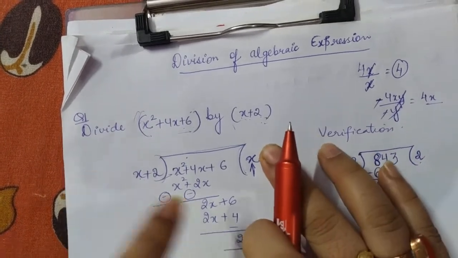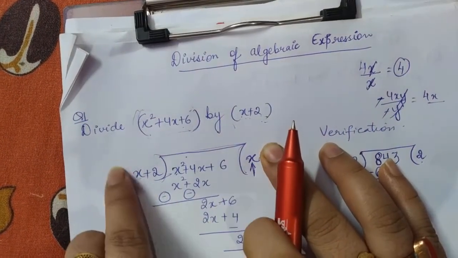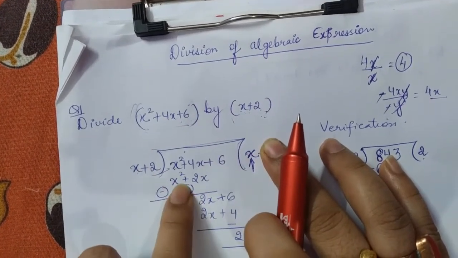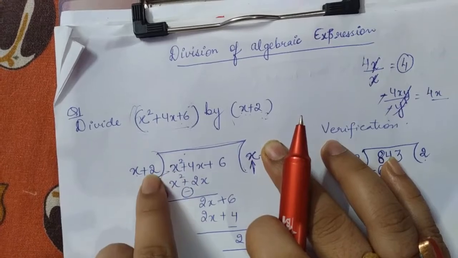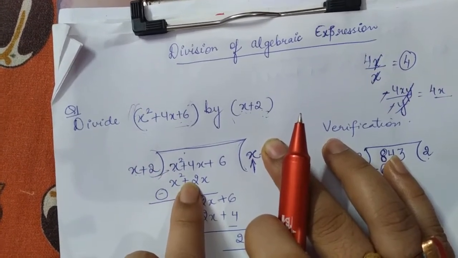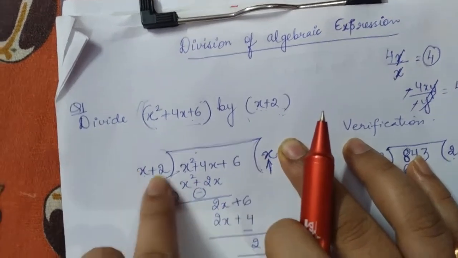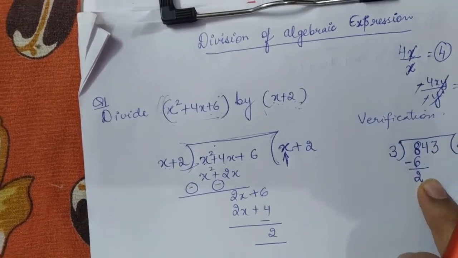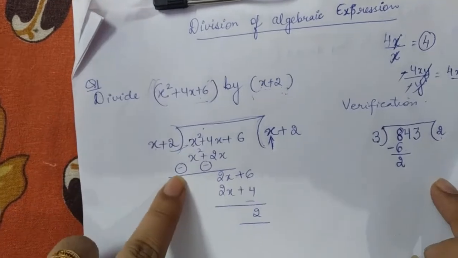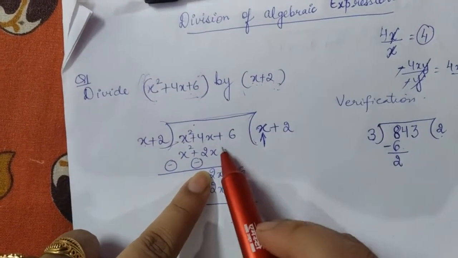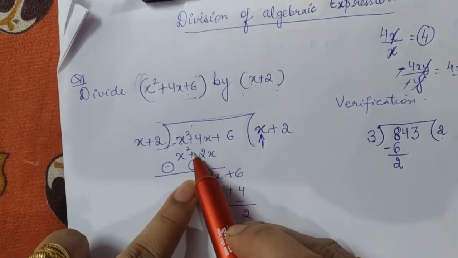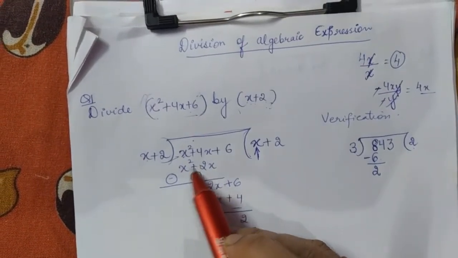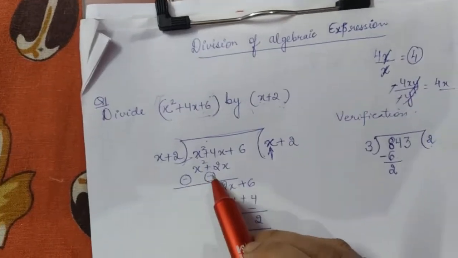So when you got this term x, it obviously has to be multiplied with both of them. x multiplied by x is x square. Then x multiplied by 2 is 2x. Since this was positive and these both were positive, the results are also positive. Now here also when we got the number we subtracted. Same thing we are going to do here also. And you know that in algebraic subtraction, the signs of the lower terms are changed. Since they both were positive, their new signs will be negative.